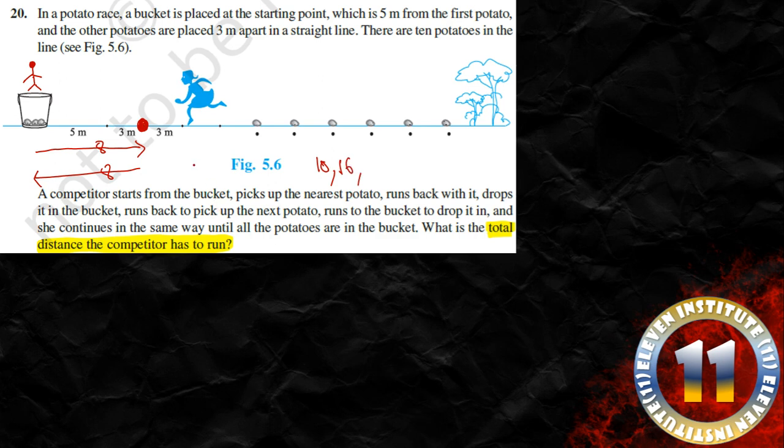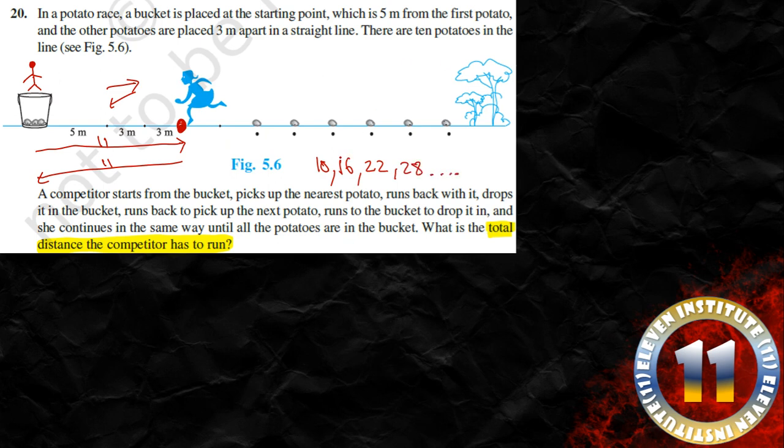I hope this is very much clear to you and you don't have any doubts. Now this potato is again collected. The next potato is again present 3 meters away. Now there is gap of 3 meters everywhere, right? So again the competitor starts, goes to this potato and collects it. So 5 plus 3, 8. 8 plus 3, 11. 11 meters for going and 11 meters for coming back. So now the competitor travels 22. So you can see each and every time the competitor has to travel 3 meters more forward and 3 meters more backward. So there is a gap of 6 meters everywhere. 10 plus 6, 16, plus 6, 22, plus 6, 28 and so on.